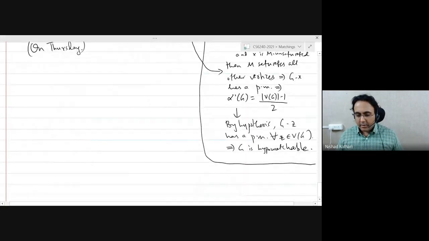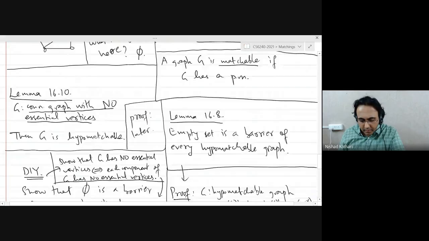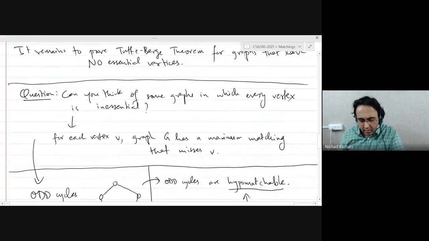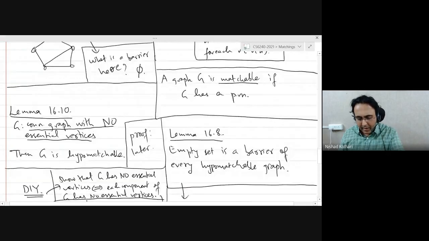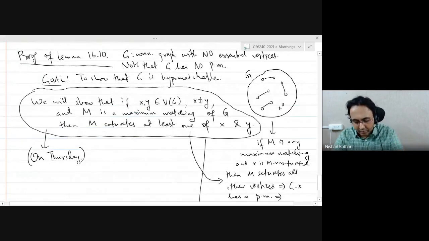Okay, good. So any questions or concerns? My plan for the rest of this course is that we are close to finishing matchings once we prove this lemma, as far as the text is concerned.